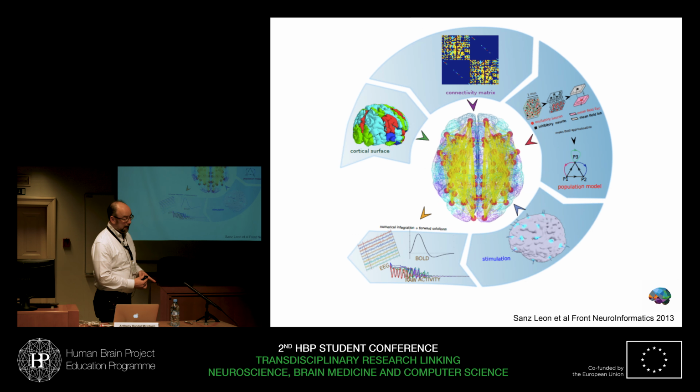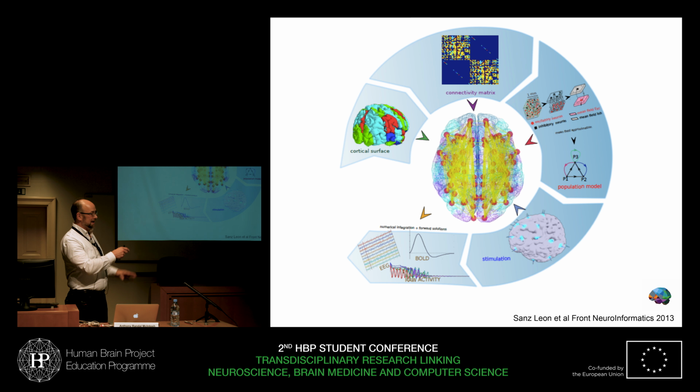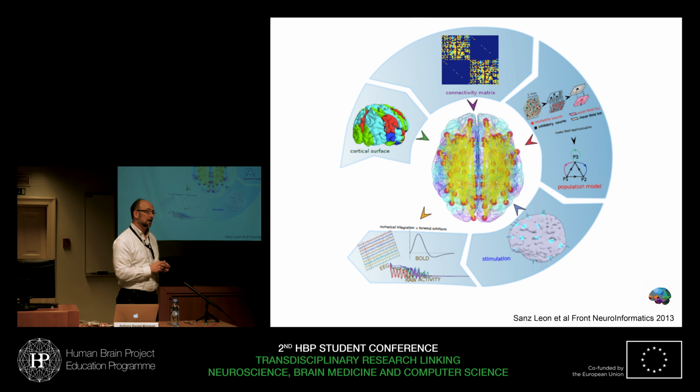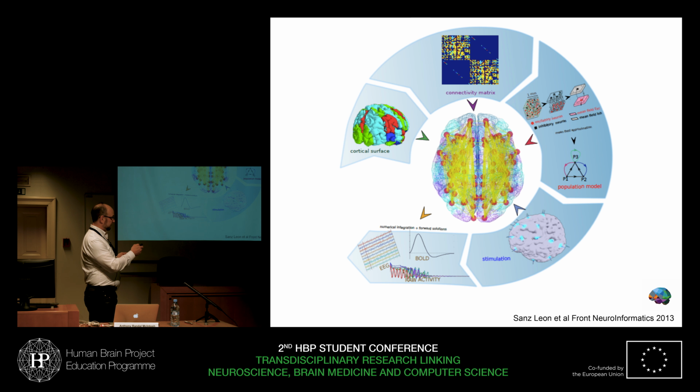The workflow is something like this. You've got a cortical surface. That's the geometry essentially you're going to use to place the different nodes in your network, cortical and subcortical. The adjacency matrix or connectivity matrix, again derived either through diffusion tensor imaging, where you can estimate tractography between different regions. You can also use existing anatomical databases like CoCoMac, for example, to figure out what's connected to what. You introduce the dynamics through mean field approximations and generate